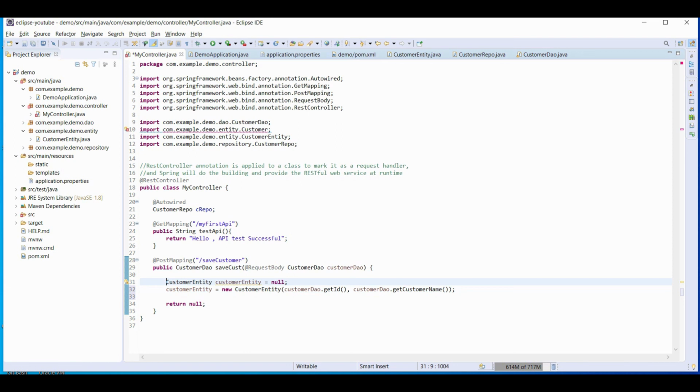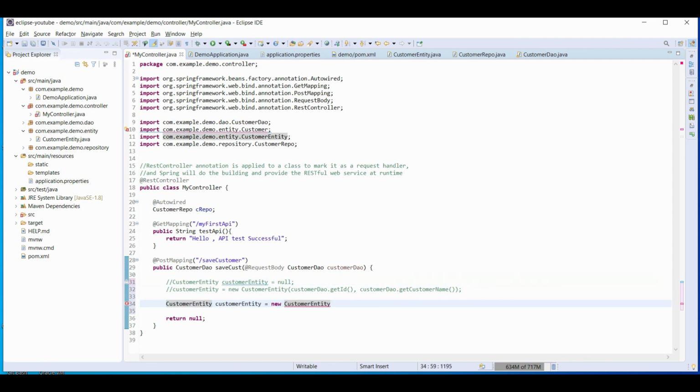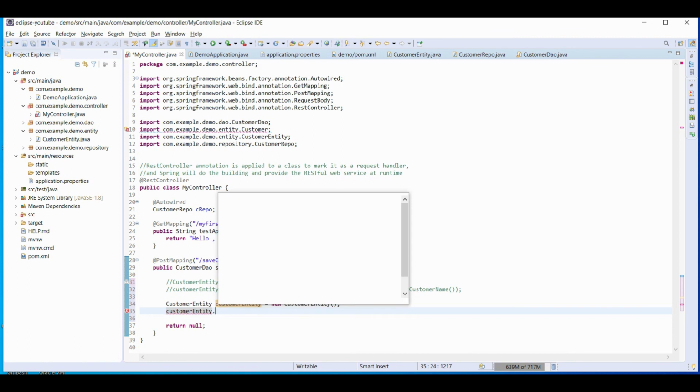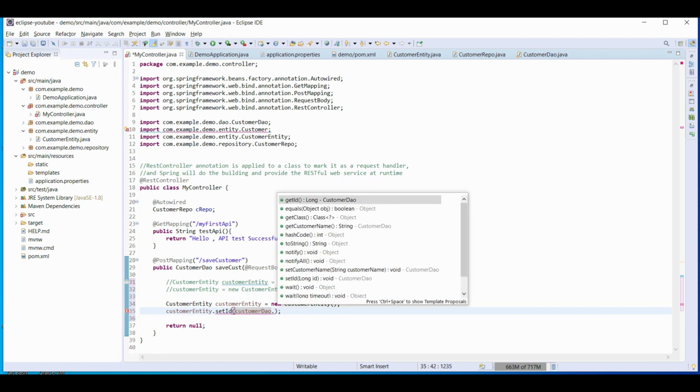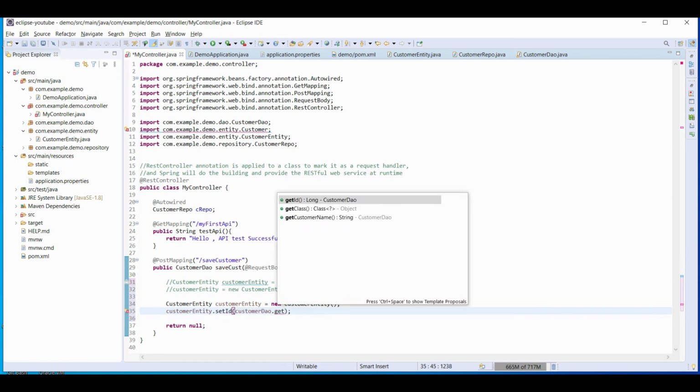Another way you can do it, I'm just explaining different ways so that you can learn better, is to create one customer entity object and then set data to this entity object using getters and setters. Dot set ID, customer DAO dot get ID.